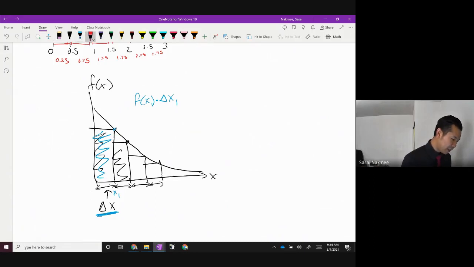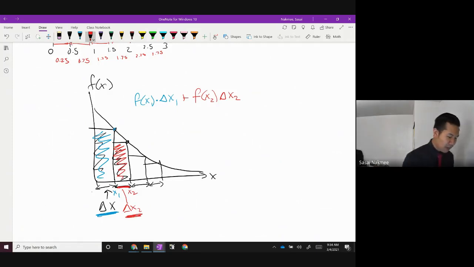And then once you get that one, we would take it and add it to this area right here. So it would be plus f of x, and let's call this one x sub 2, the next x value over. And again, the difference here is also delta x, so we'd multiply that with delta x. We'll call that delta x sub 2 just in case it's a different value, but most of the times it's the same. These guys are usually the same.